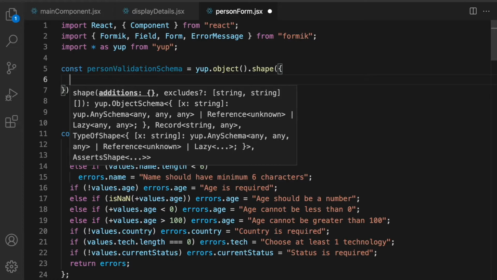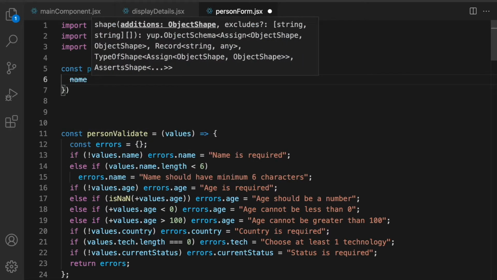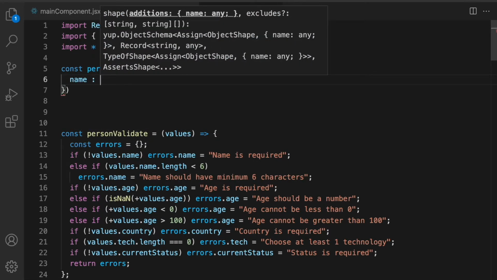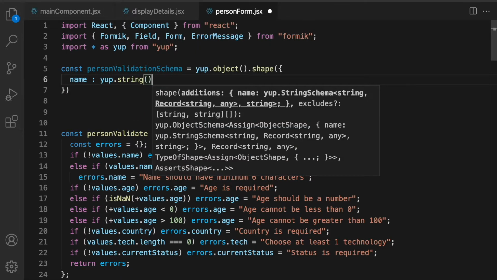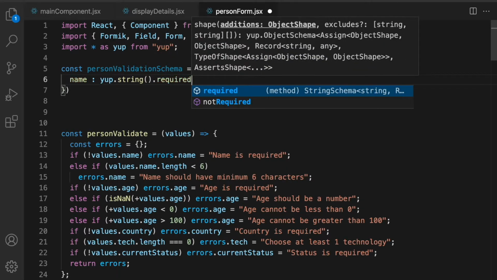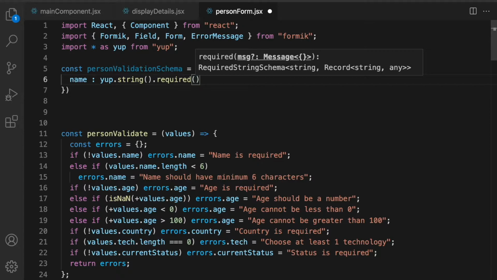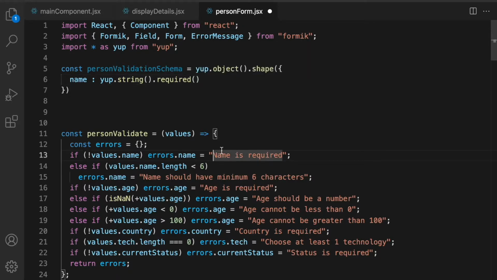define the JSON. So we have these fields: name. Name is of type Yup.string, we wanted it to be required, and if the required did not succeed, we wanted this error message, 'name is required'.